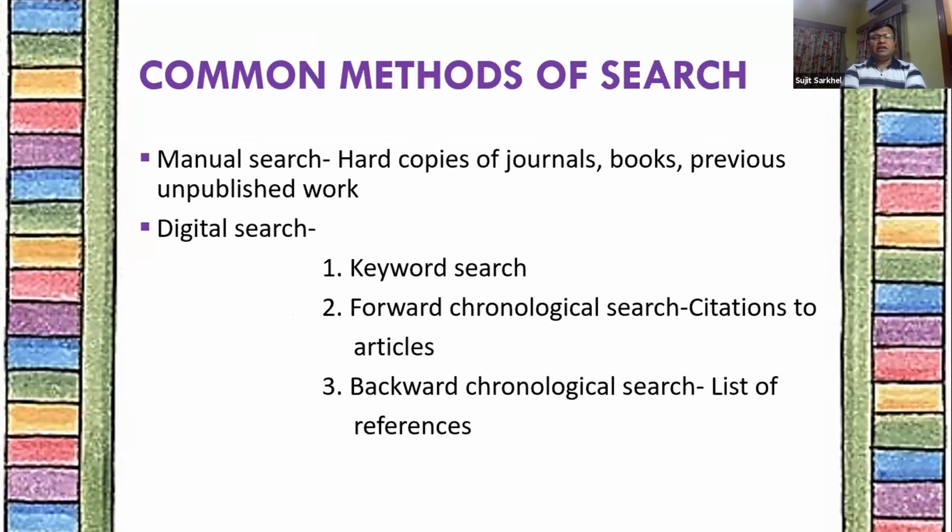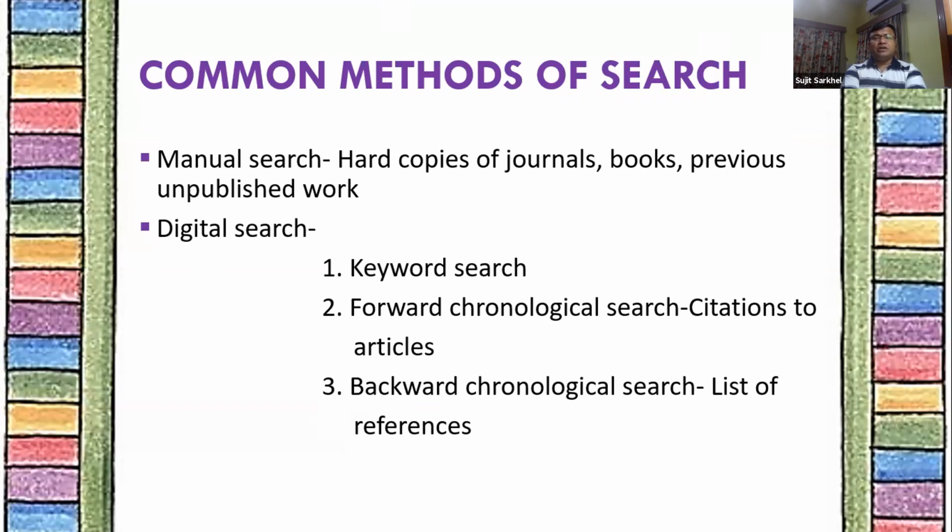Initially, when electronic search was not so popular, common or accessible, maybe around 15-20 years back, we would all have to make do with hard copies of journals, visit the library, and ask our guides or seniors what the key review article is. Then find it in the journal, and then gradually tick off references one by one and manually search those hard copies of journals or sometimes books, and sometimes also the dissertations or theses on similar topics by our seniors in the library. So that used to be the era of hard copy manual search.